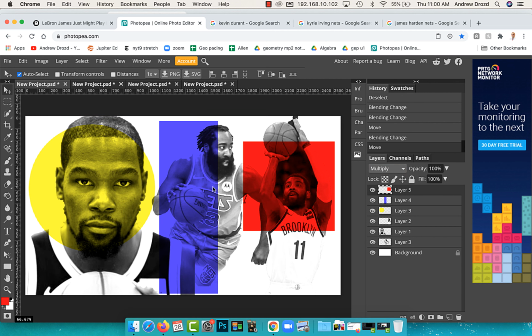Now the blue and the red are a little heavy. I don't know. So we can drop the opacity, which means we can see through it a little bit more. That's one way to do it. So I'm dropping it from 100 to 63. I like that. I'm going to change the blue layer from 100 to